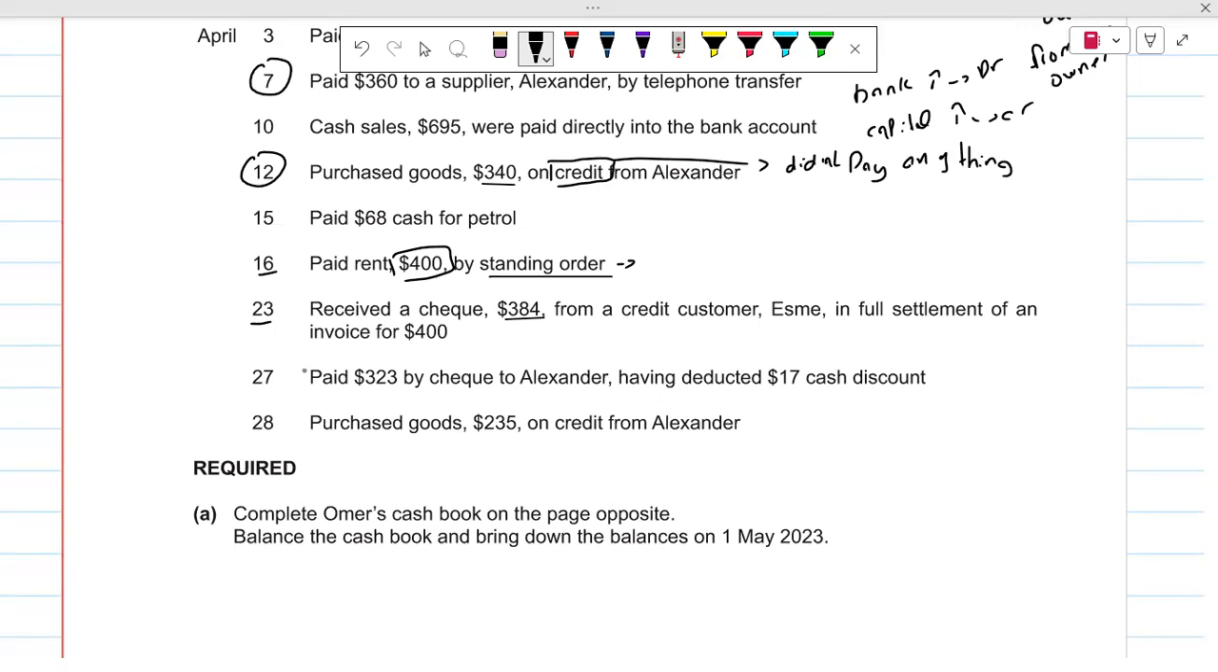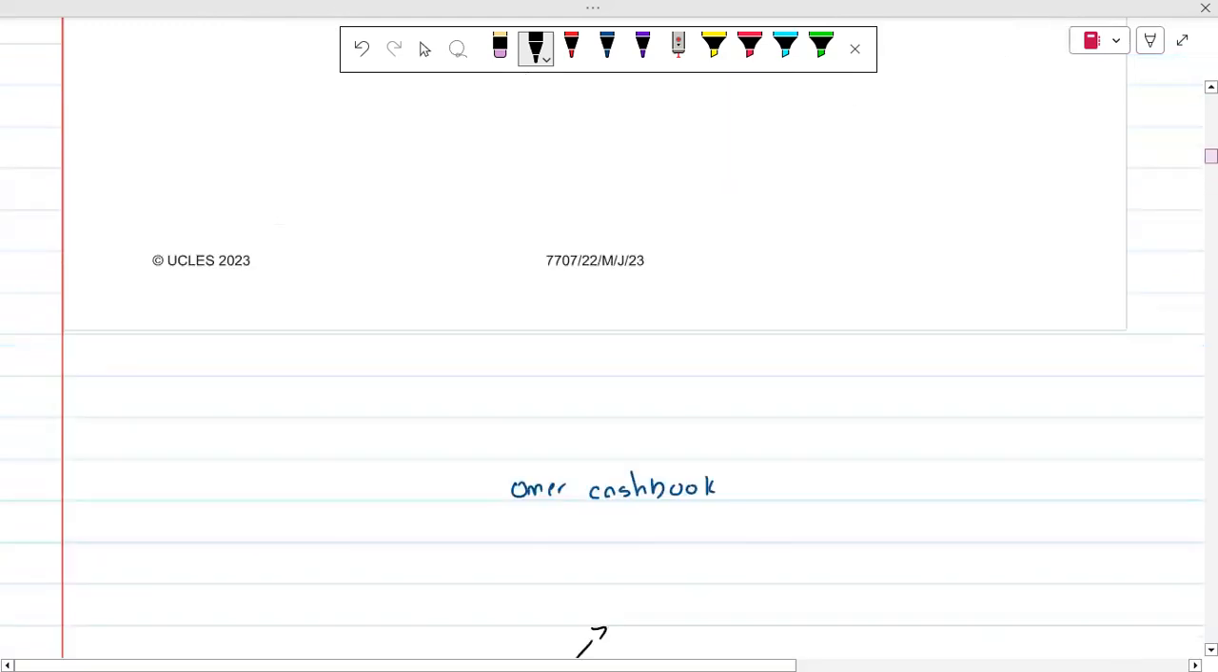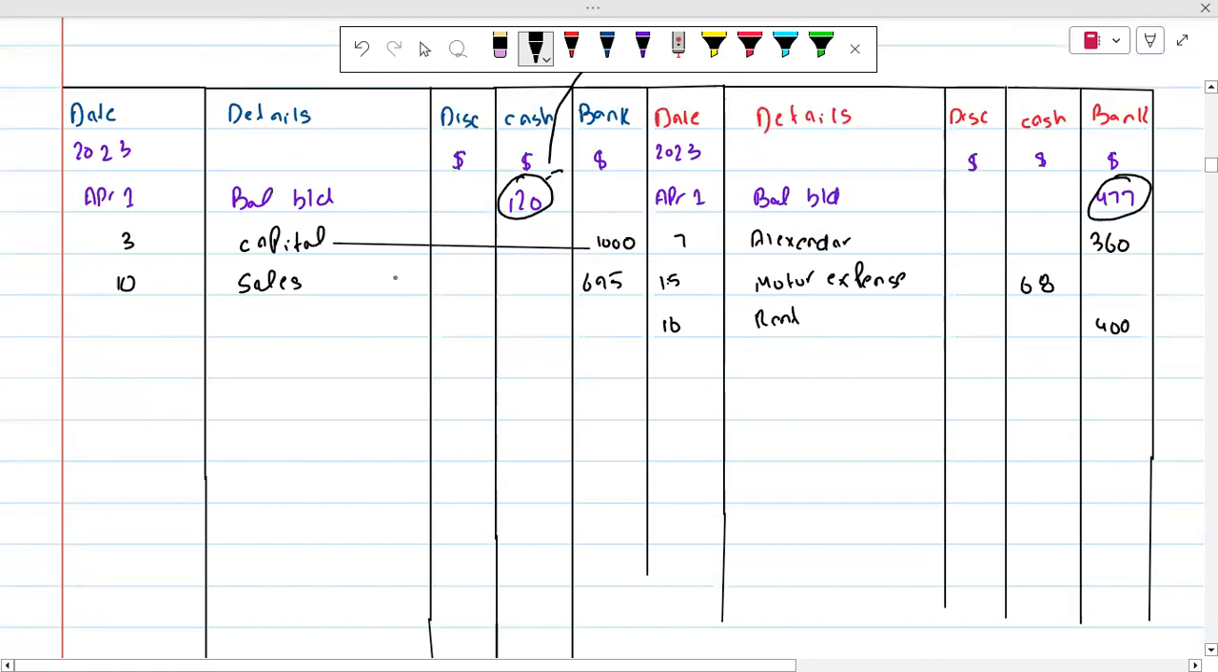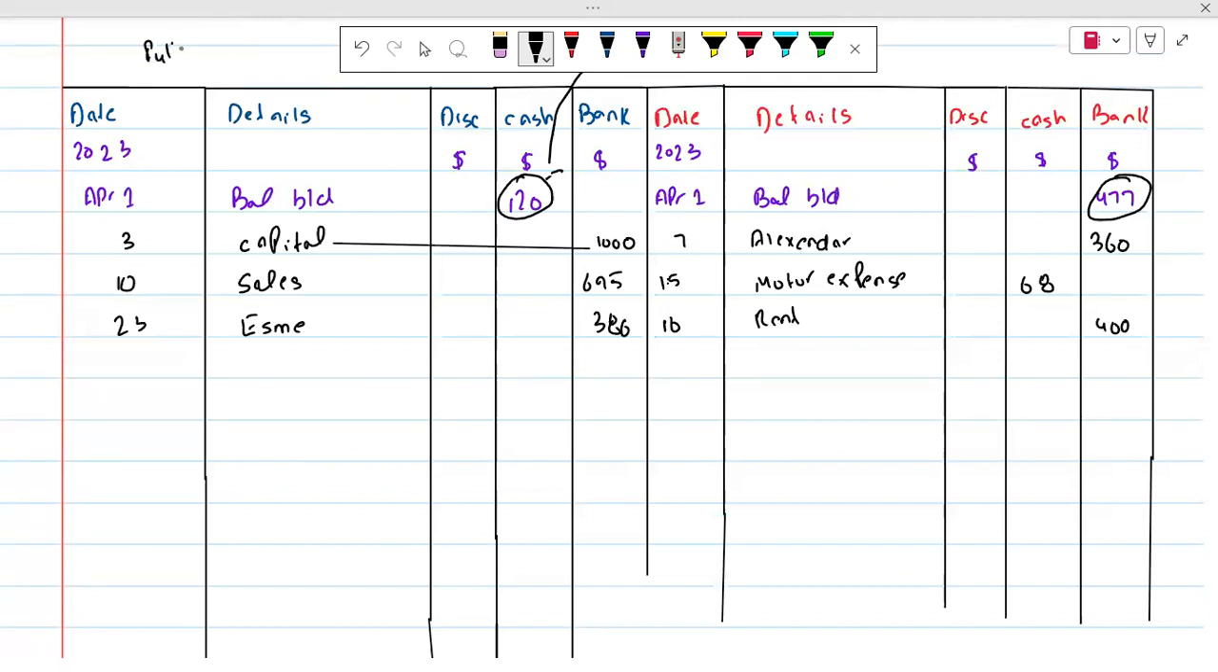So it means that the amount which we are right now receiving, we will record only this amount, because we are receiving only this amount in the form of check. So that's why we will record only $384 on the debit side. So that is why it happened on the 23rd April. Esme, 384, 386. And because this is kind of full settlement,